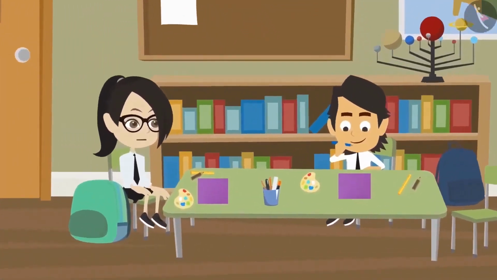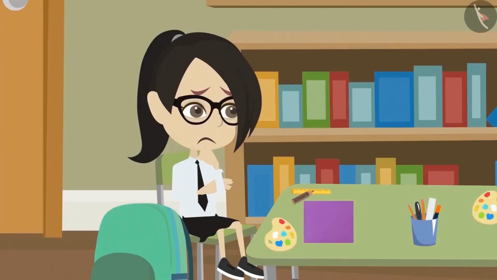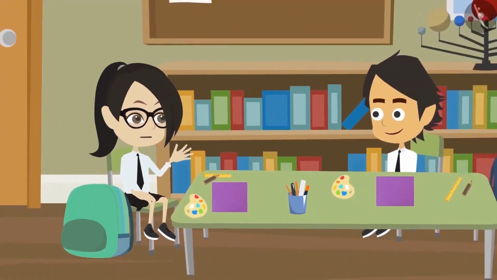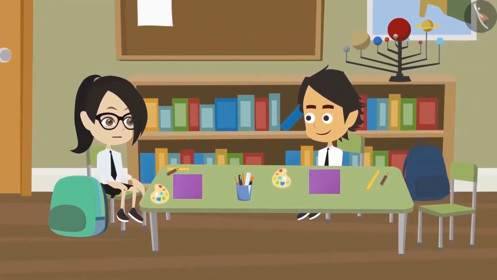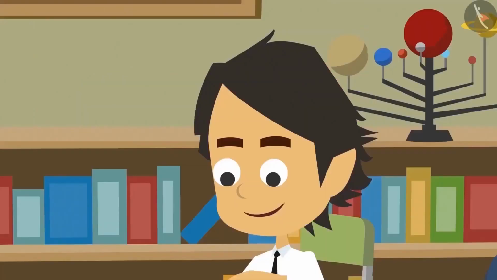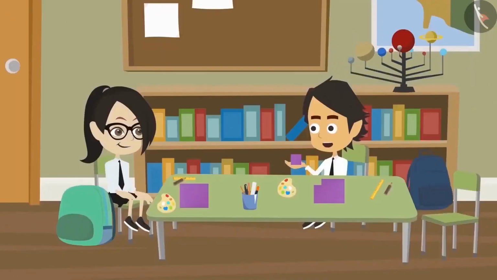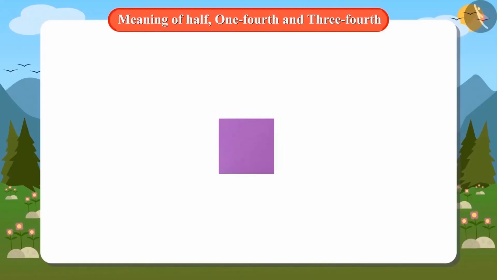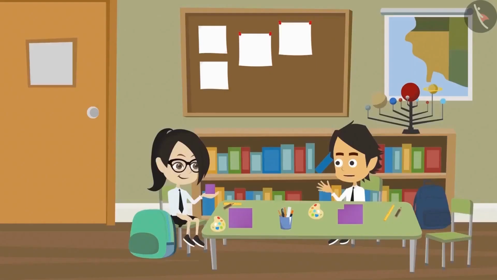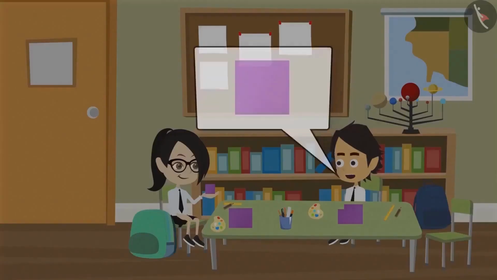Vandana and Ayushman are making some craft. Vandana is falling short of cardboard for her craft. She asks Ayushman for a quarter of his cardboard. Let's see if Ayushman is able to give a quarter of the cardboard to Vandana. Here you are, Vandana. I have cut the cardboard for you. Thank you, Ayushman. Oh, this is small. I will not be able to complete the craft with this. But it was you who said that you need a quarter of my cardboard.